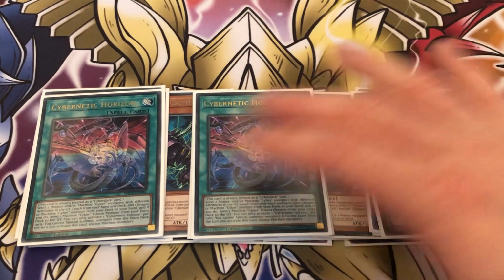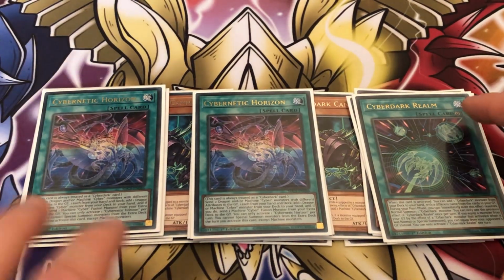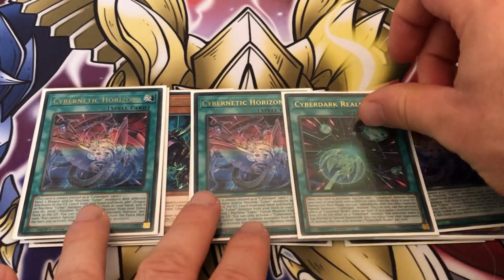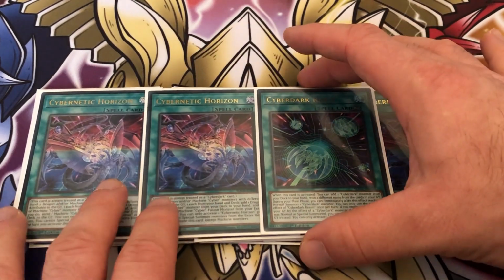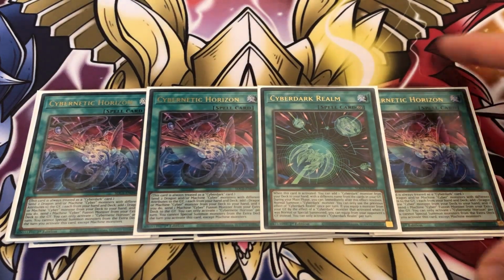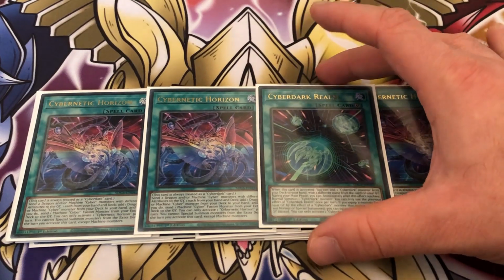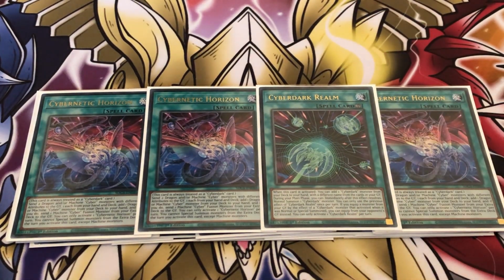Moving on to spells, I'm playing 3 Cybernetic Horizon and 1 Realm. I had to double check there if I put a second one in. But yeah, I think this is the best ratio. The reason I'm playing 1 Realm in these variants is because I don't know if this was a mistranslation or anything like that, because I don't recall seeing this on the initial translation when it first got revealed. You can only add a Cyberdark that differs a name from the ones engraved. So you can't search duplicates, which is a bit of a shame, which is why 1 is perfectly fine,